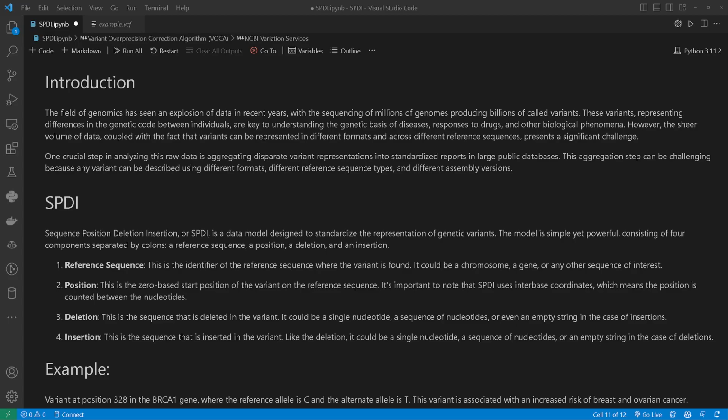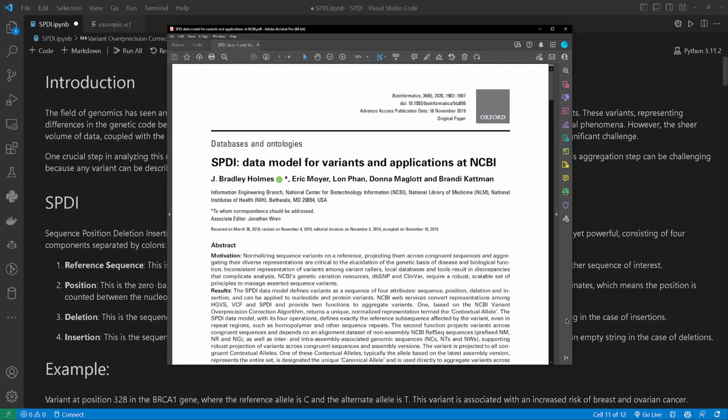This video is a short 5-minute version of a longer presentation that I'm working on about the SPDI Data Model. One of the projects I've been working on is creating a database to track variants that we encounter in next-generation sequencing. And the challenge that we face with aggregating information about variants is that we typically identify them using HGVS